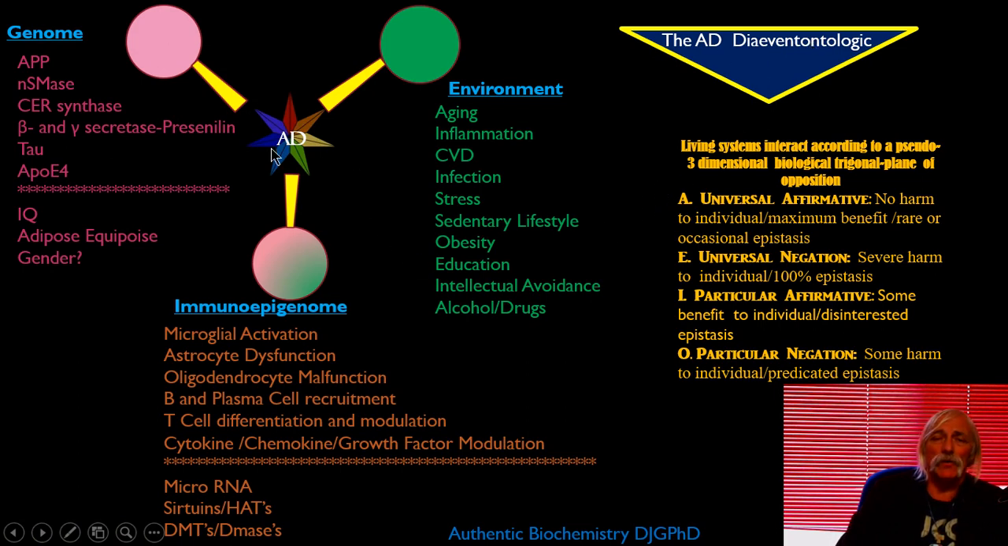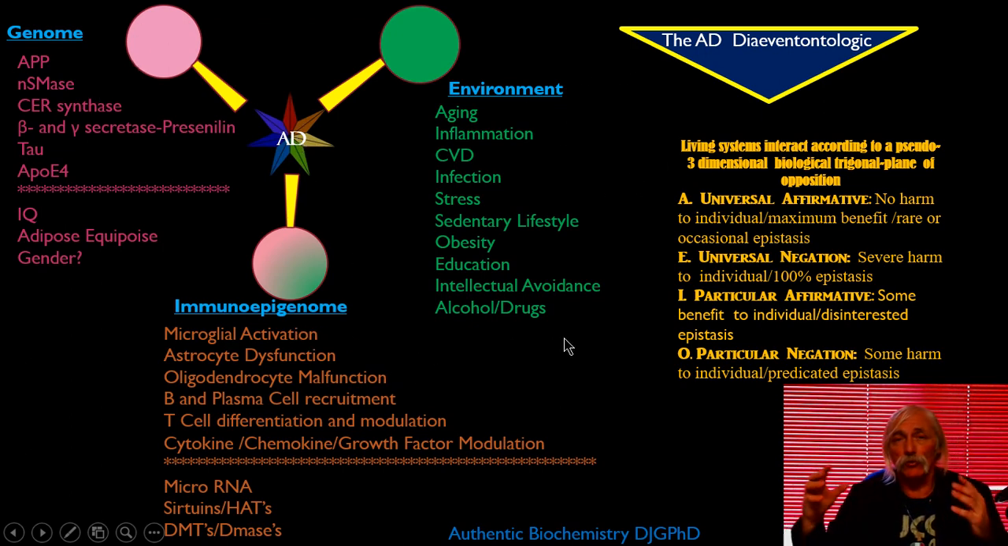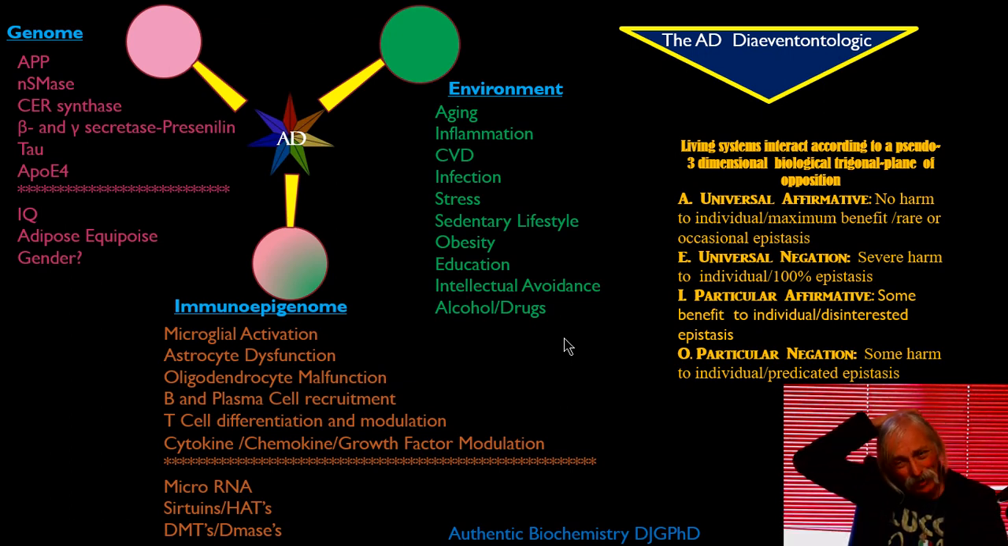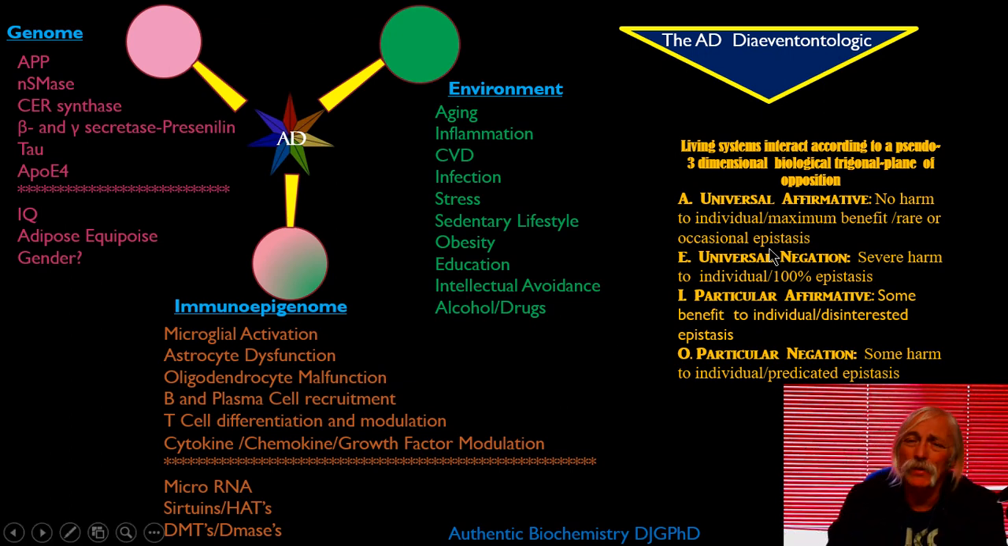I want to show you here's Alzheimer's disease in the center. You have a genomic, an environmental, and an immunoepigenomic contributory trigonal planar system at work. I also want you to keep in mind something about formal logic, right? Okay, so the square of opposition and logic. Living systems interact according to a pseudo three-dimensional biological trigonal plane of opposition. What is that opposition I'm talking about in